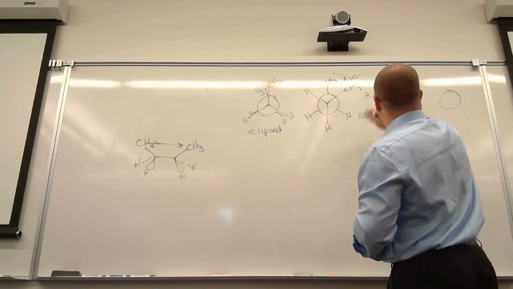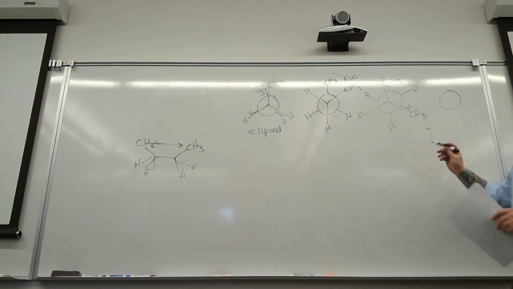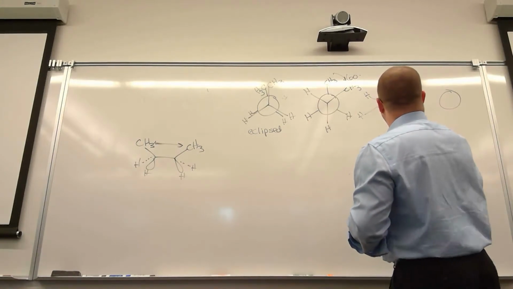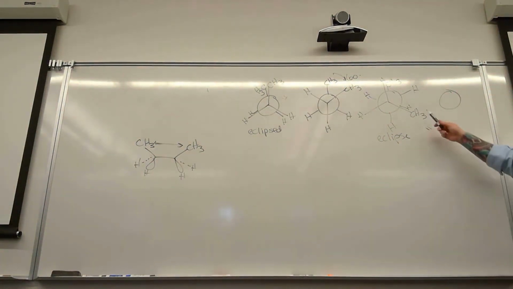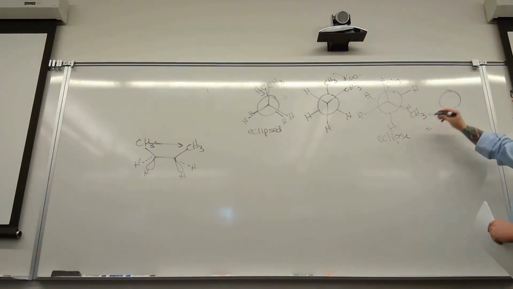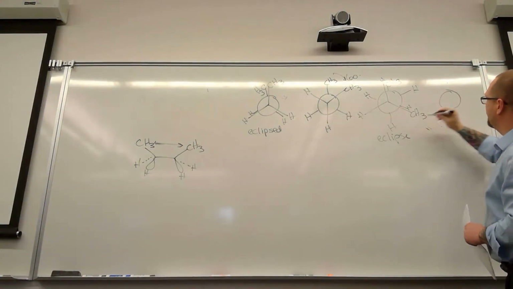It's going to get a little tight here. Notice that in this particular case, we have another eclipse, but that these eclipses have a methyl to hydrogen versus both methyls. And then if we do one last rotation, which gives us all of our possibilities here, and bring the methyl down here,